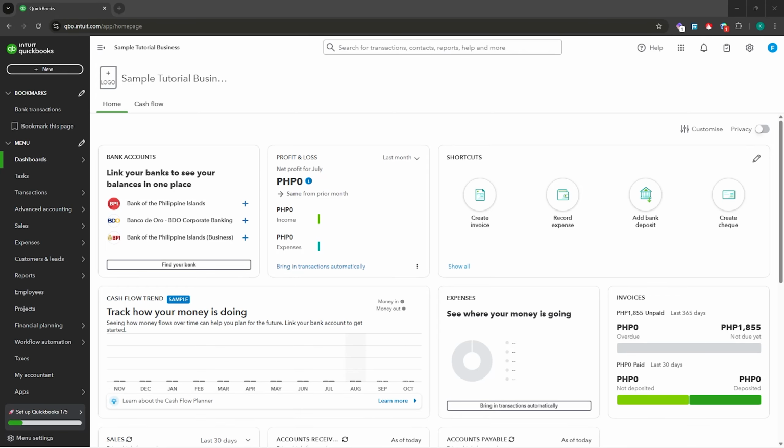In today's video, I'll show you how you'd be able to connect your PayPal into QuickBooks. So let's get started. First of all, you would need an app to connect your PayPal into your